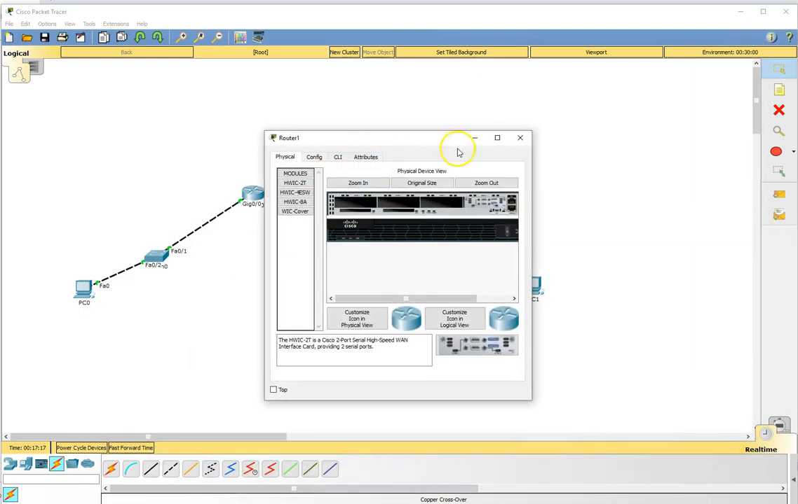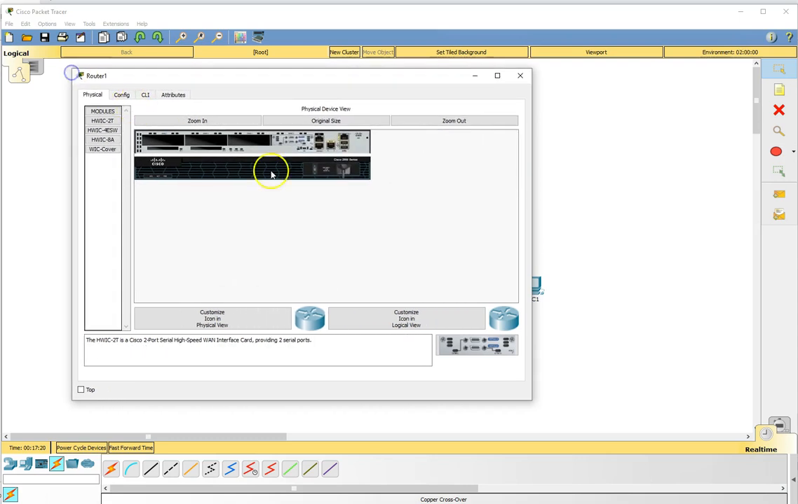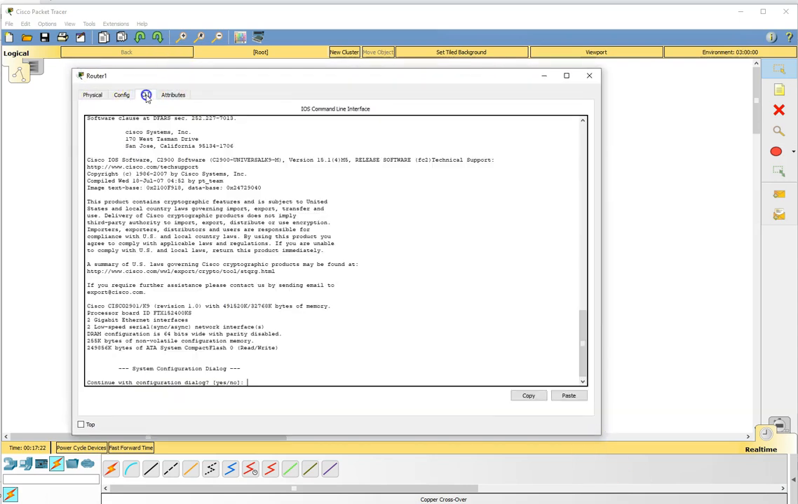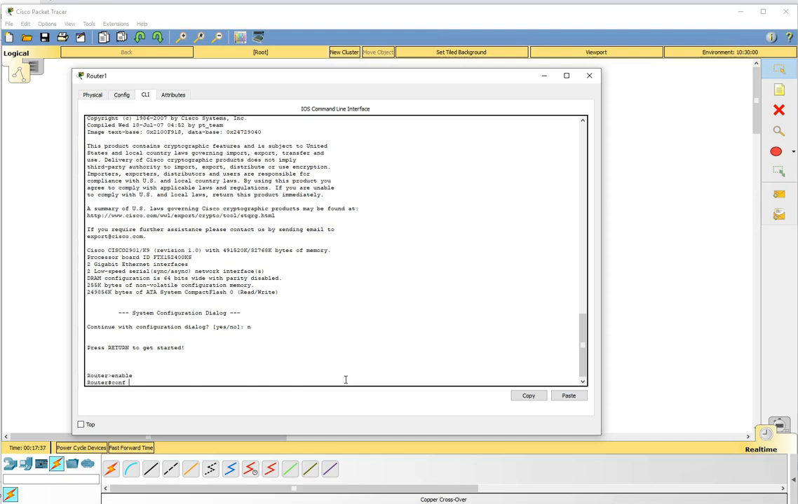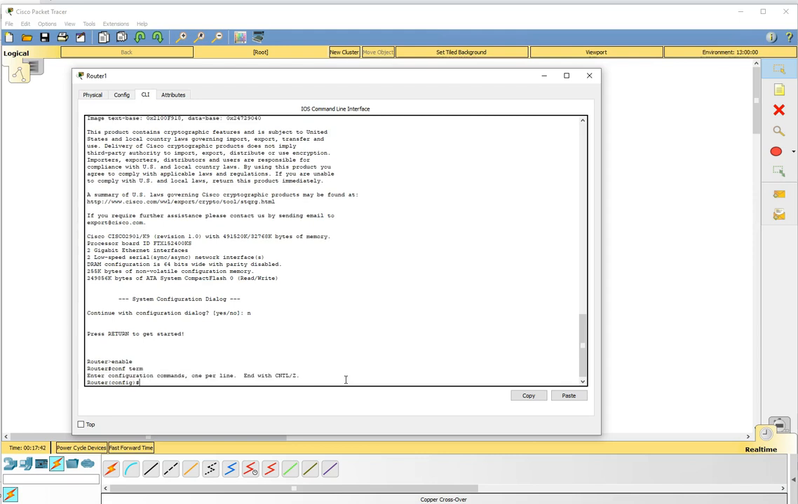Click on the router and go to command line interface. Okay, continue with configuration dialog? No, enter, then enable, then configuration mode, which is configure terminal. Okay, then go to the interface, which is the first interface, gigabit 0/0,